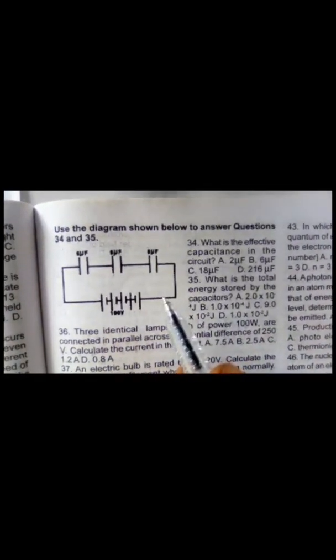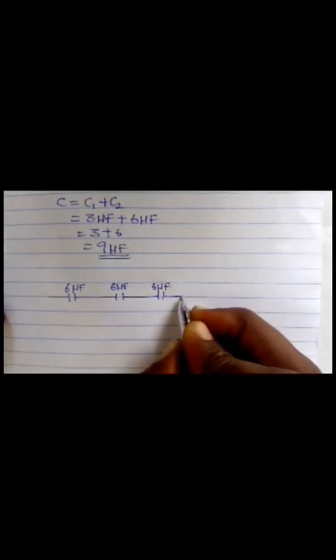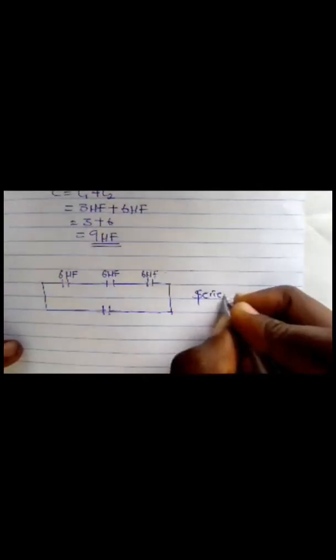So let me start my working. This is 6 microfarad, then on that capacitance 6 microfarad, then this is my last capacitor, also 6 microfarad. There's no need of me bringing the volt. Let me just put my equivalent capacitor here. We are calculating for the equivalent capacitance. Then remember, they are arranged in series. So since they are in series connection,